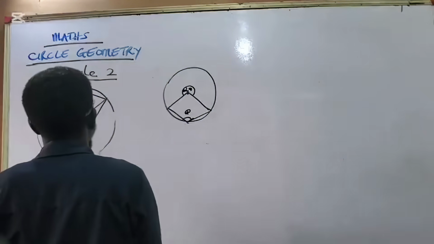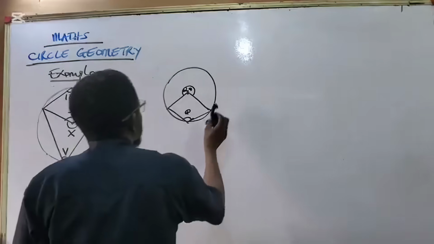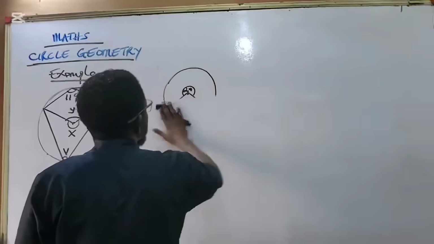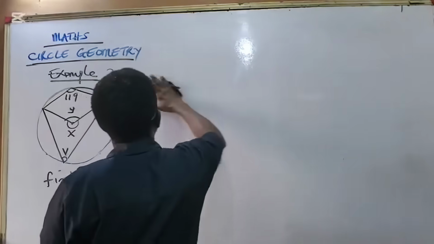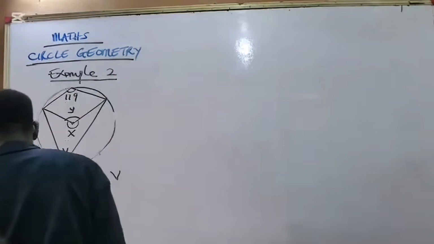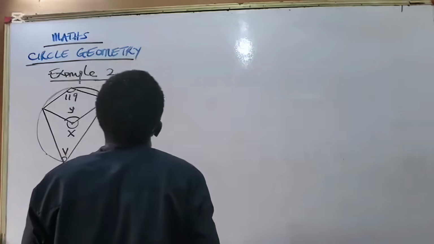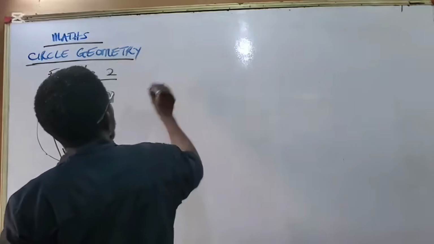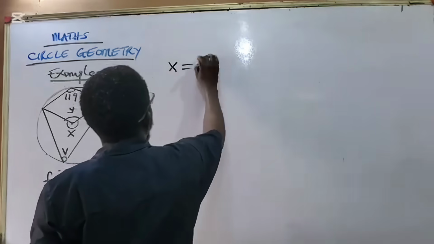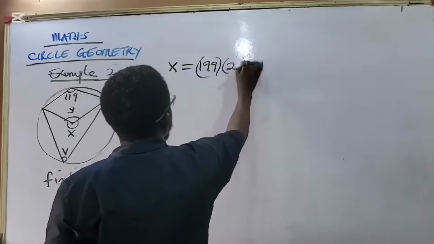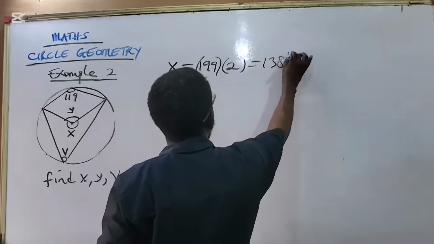So we have x equal to 119 times 2. And that gives us